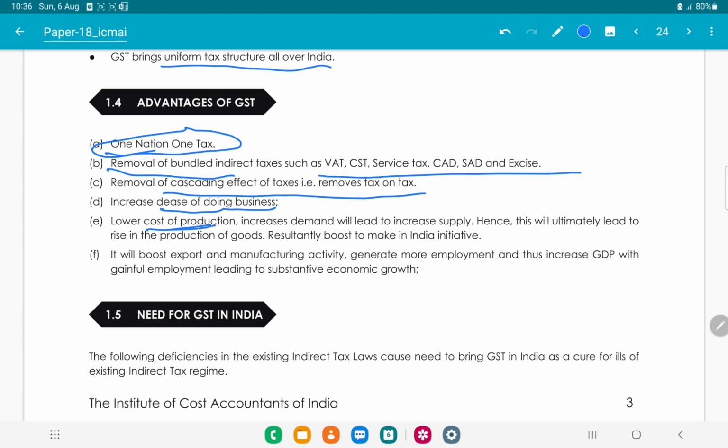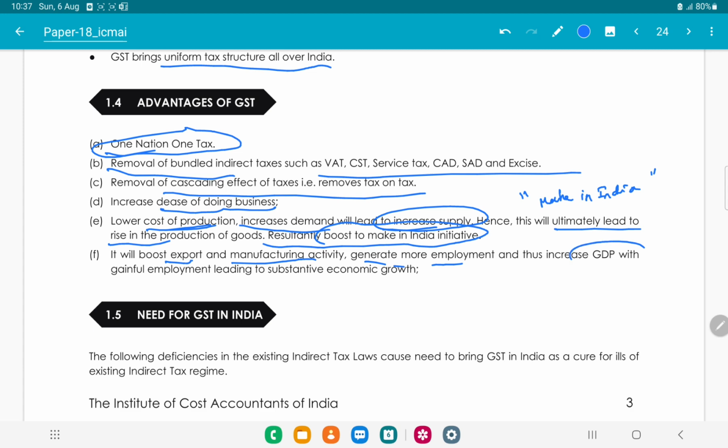Lower cost of production. There are no more taxes levied now. Only one tax is levied, GST, which lowers the cost of production, increases the demand due to less cost of production, which ultimately increases the supply. Hence, this will ultimately lead to a rise in production of goods. That is, it will boost Make in India. It will boost export and manufacturing activity. It will generate more employment, thus increasing GDP with gainful employment leading to